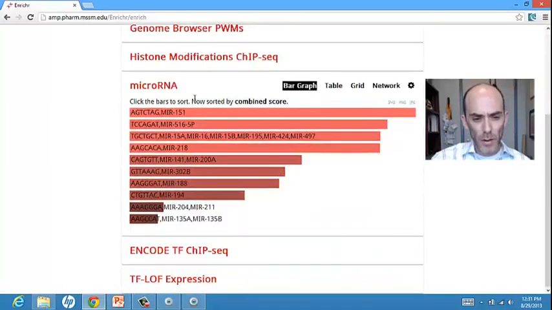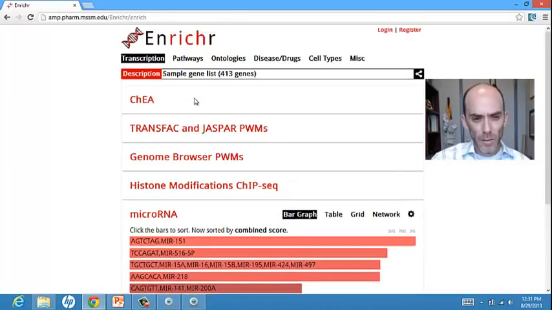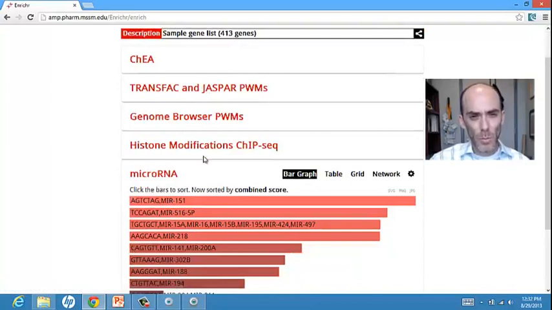So in the transcription factor category, we have data from ChEA, TRANSFAC, and JASPAR position weight matrices, which are computationally identified binding sites for transcription factors. Also position weight matrices from the genome browser, which are also computationally identified motifs in the upstream region of genes